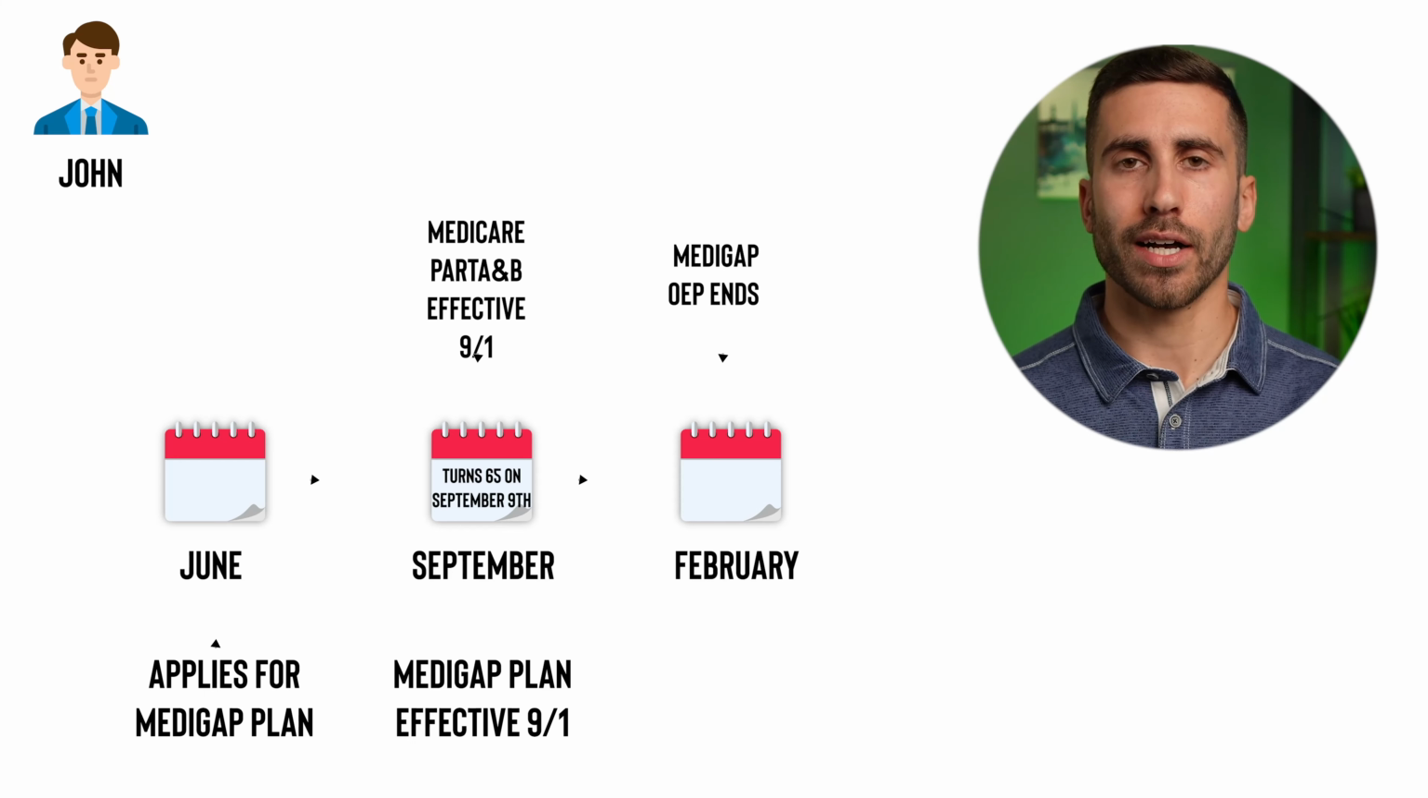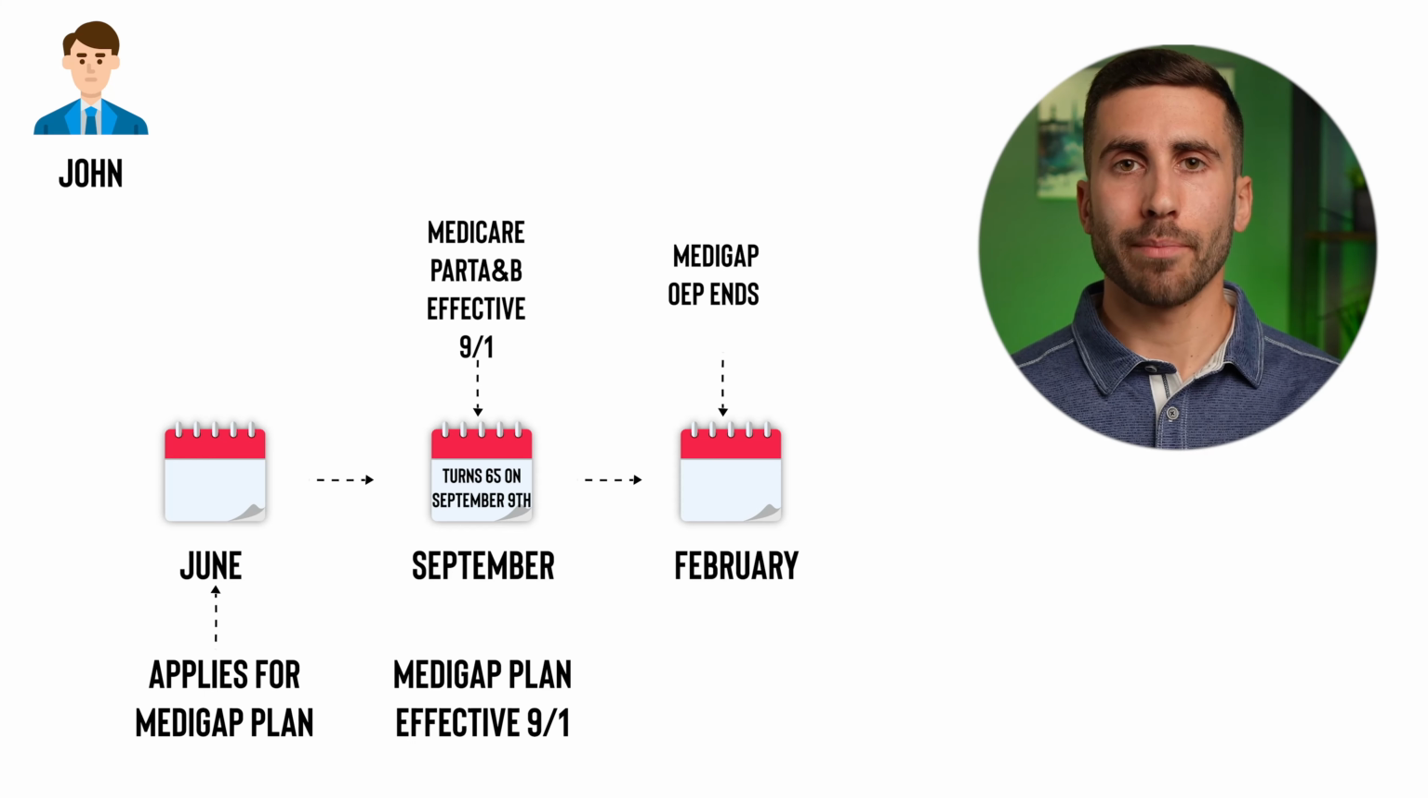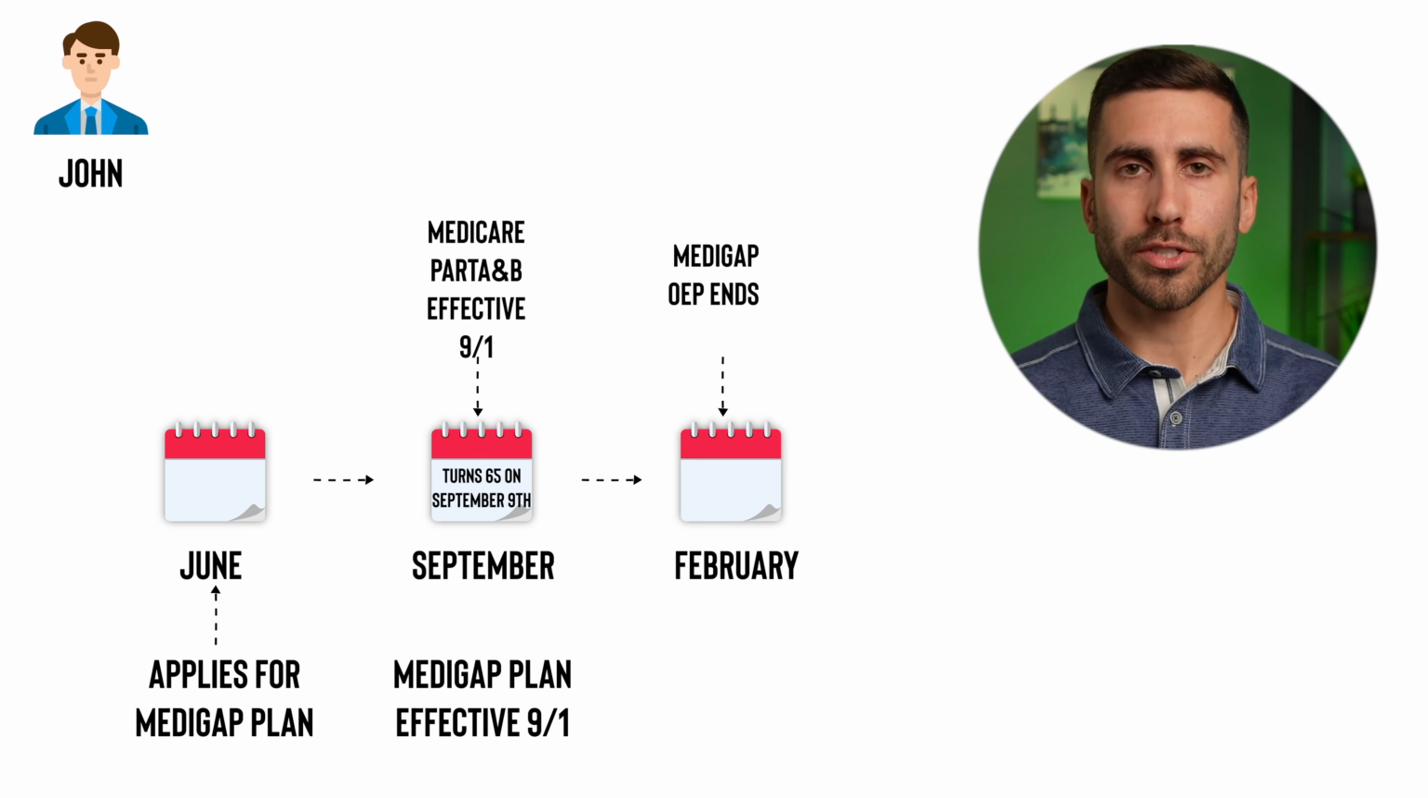Continuing our theme of using examples, here are a couple other ones to better understand the Medigap open enrollment period. So first, we have John, who turned 65 on September 9th, and he enrolls in Medicare Part A and Part B effective September 1st using his initial enrollment period. His Medigap open enrollment period would also occur from September through February, allowing him 6 months to choose a Medigap